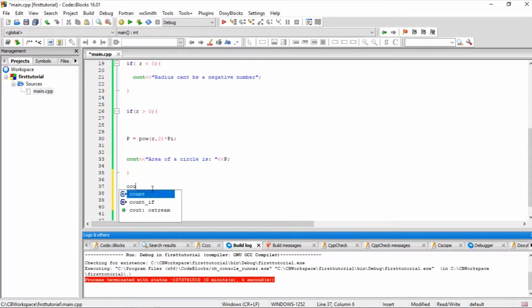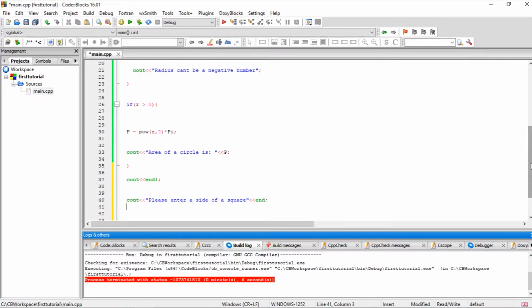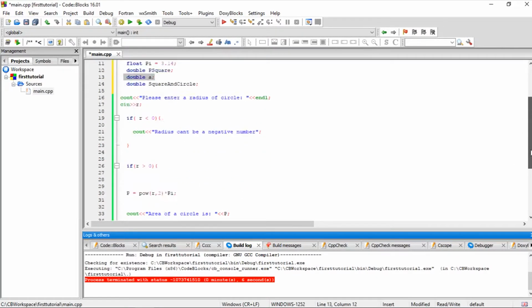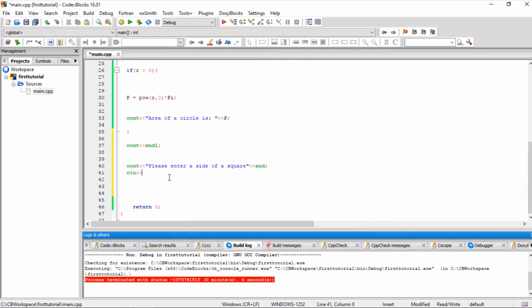let's make a new line here, and let's ask our user to input, please enter a side of a square, right, a side, not a. So now we need to input a side of a square and we want to put it in this a, so we're going to say cin a, and then of course we're going to check if this a is greater than 0,